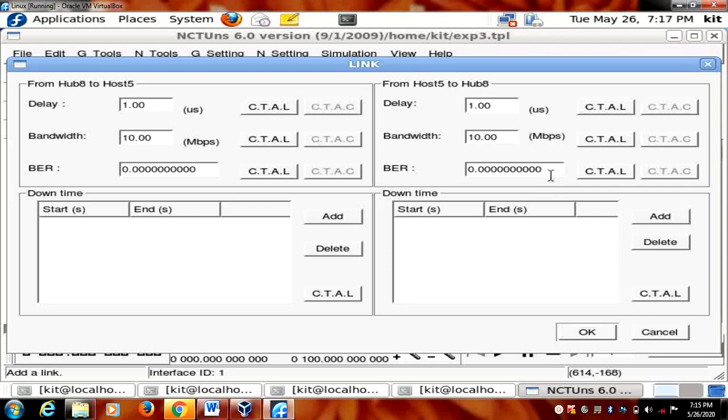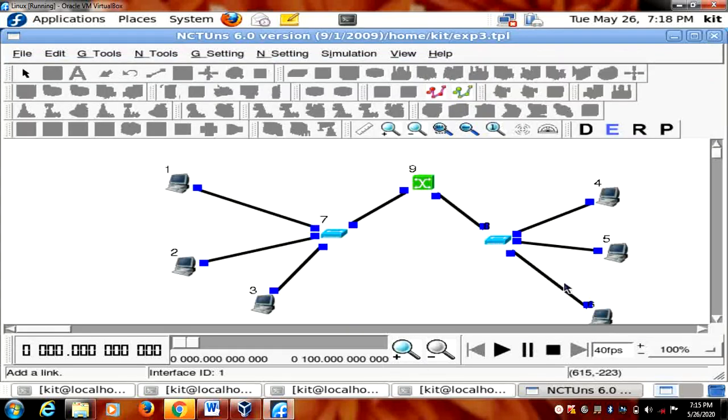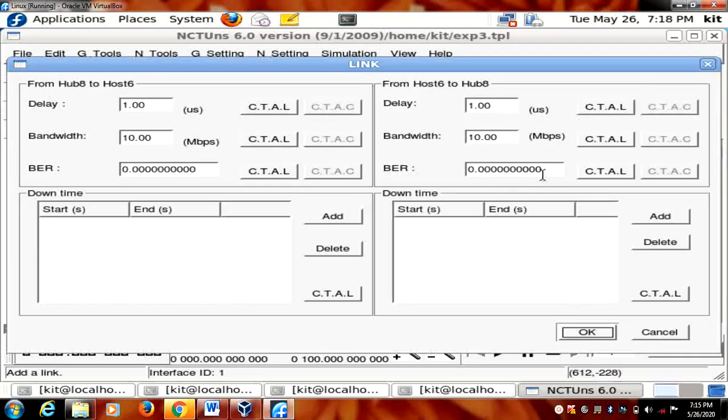Here followed by 1, and this is 8, and this is 8, and this is 50 followed by 1. Okay, and this is also same thing we have to do.